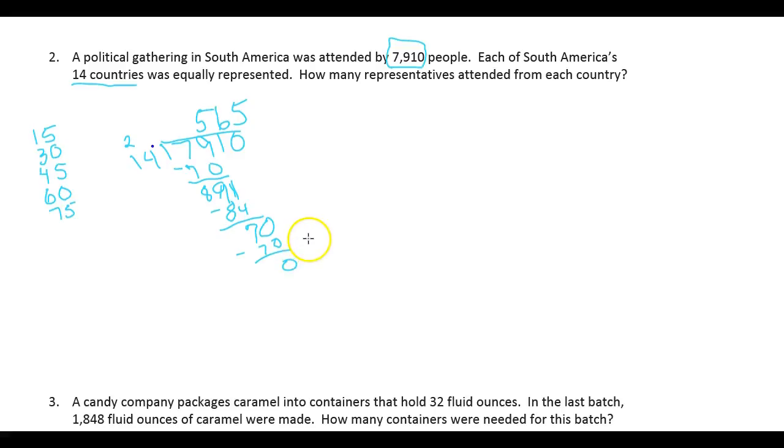We have no remainder this time. Why? Well, because we're talking about representatives from each country, meaning people. Can we have parts of people? Nope, we can't. So it's got to be an exact number. If you have this many people total and they're all coming from different countries, that has to work out evenly. There will be no remainder. So you can now say